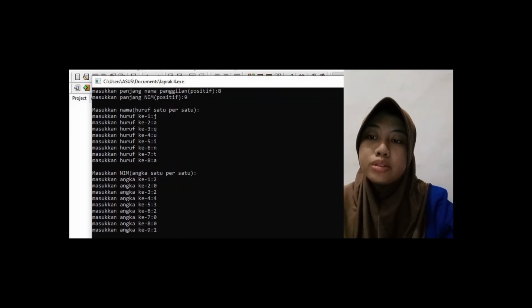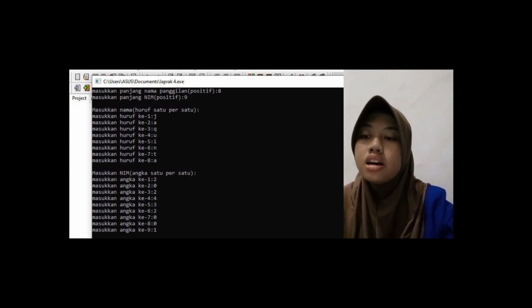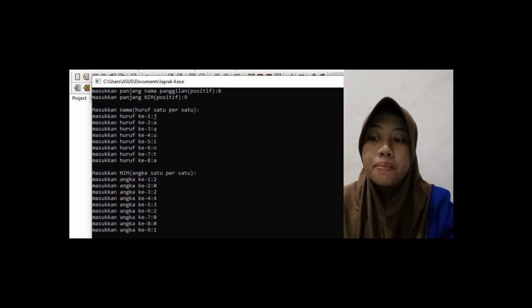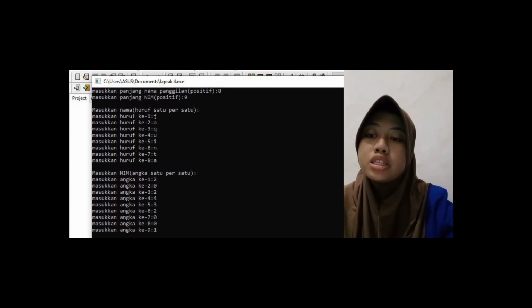Okay, this is the output of the result. This program is designed to ask the user to enter their name and student registration number, character by character, then display the result of the input. Step-by-step explanation: input length of name, and then the program asks the user to enter the length of the name and number.